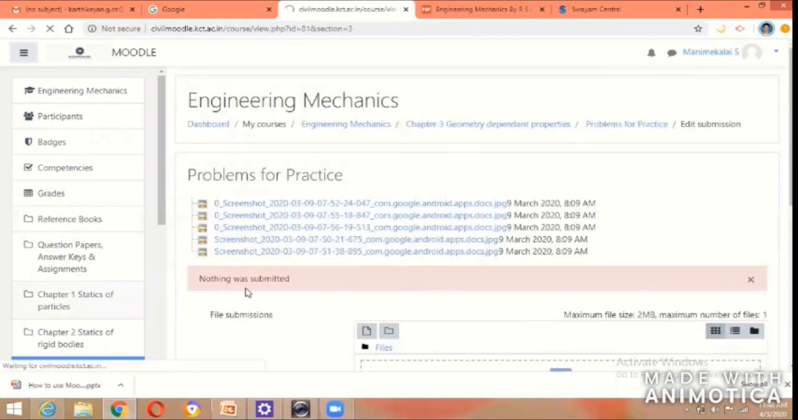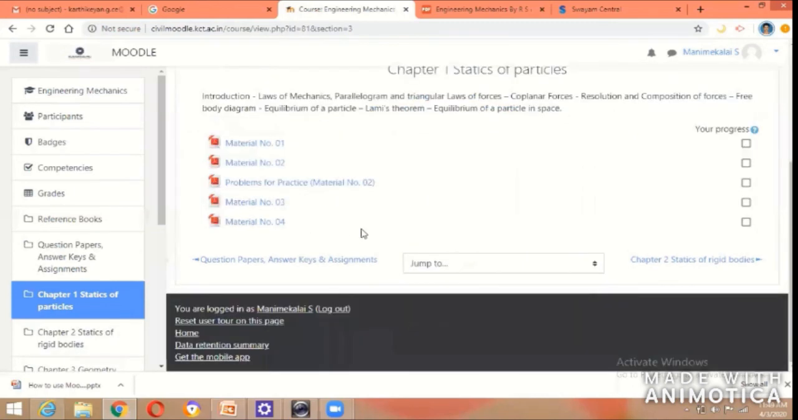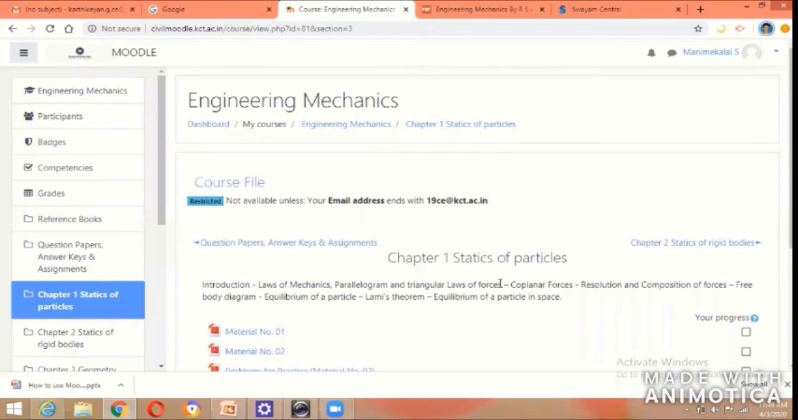So this is how to go through your materials and how to upload your assignments. I hope you will get some basic idea about how to log into the Moodle and how to search or explore in the Moodle. If you have any doubt